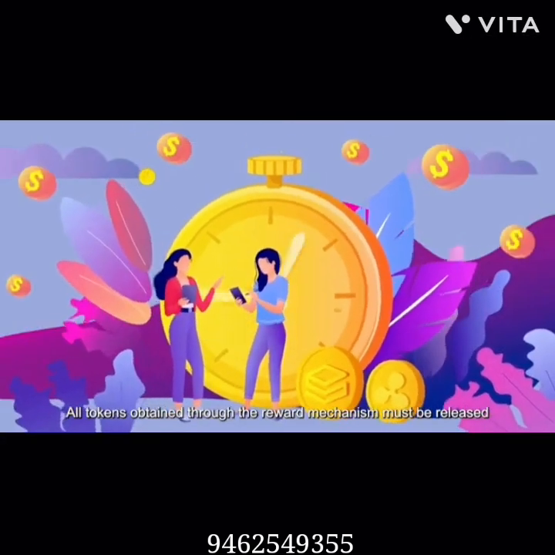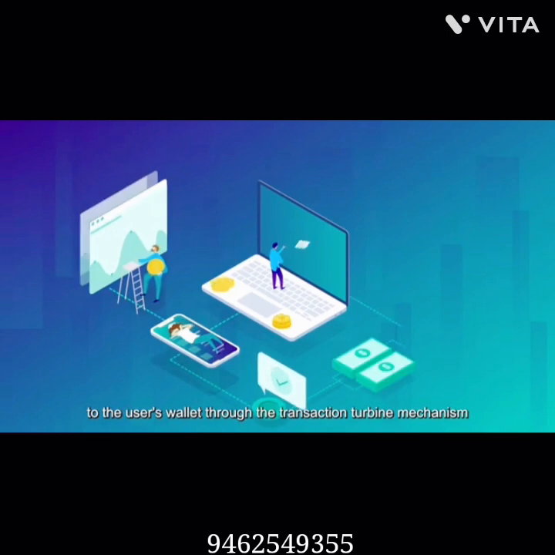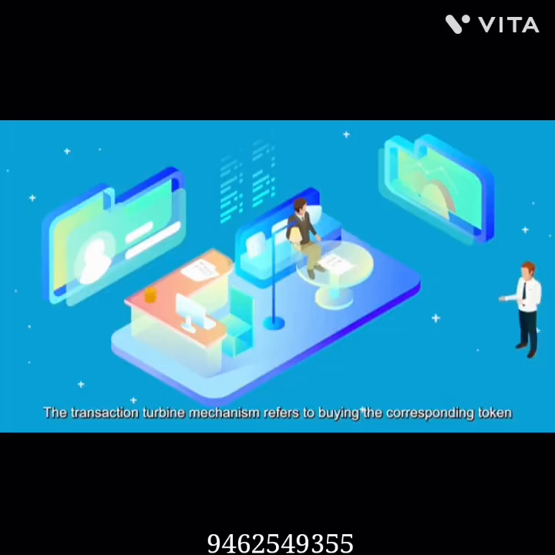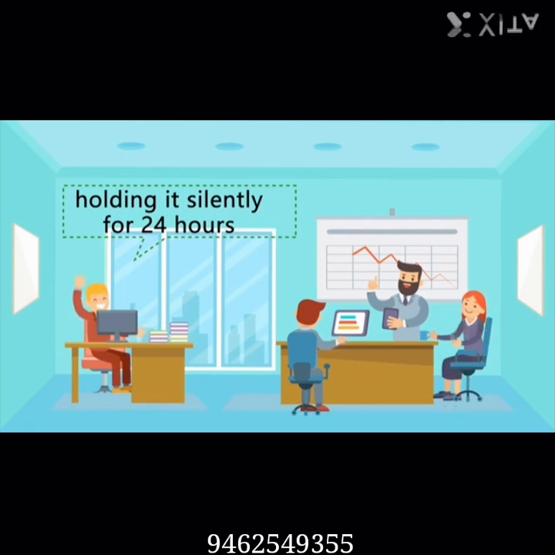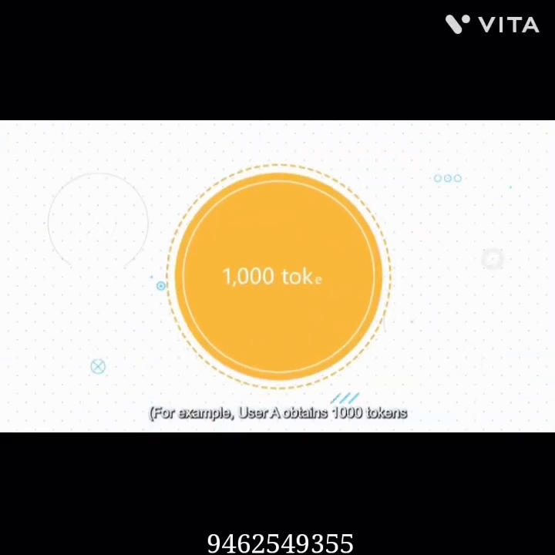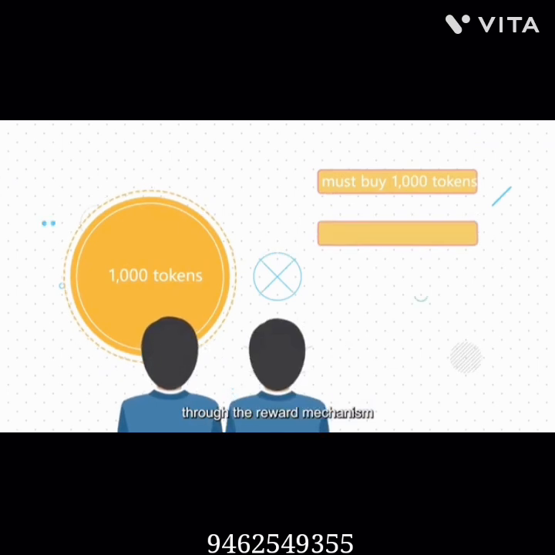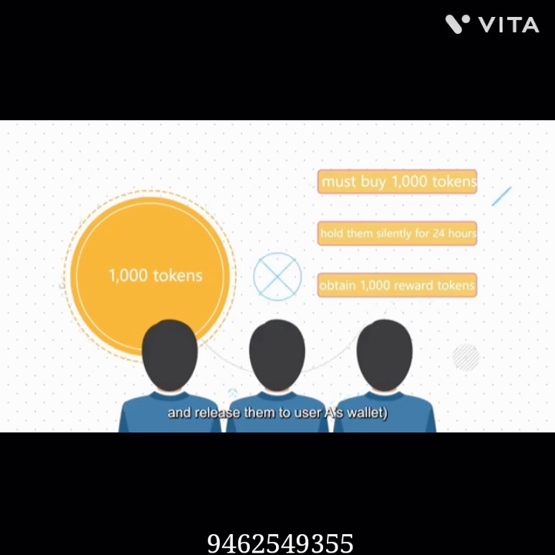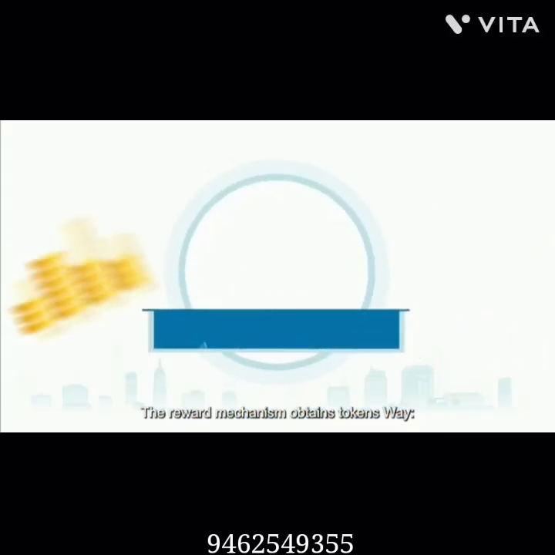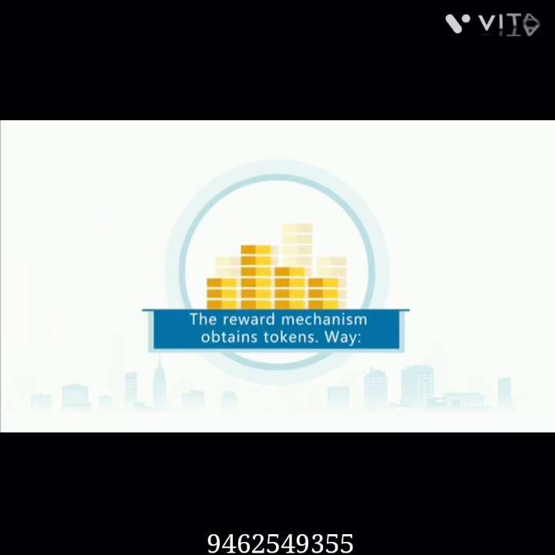Transaction turbine mechanism. All tokens obtained through the reward mechanism must be released to the user's wallet through the transaction turbine mechanism. The transaction turbine mechanism refers to buying the corresponding token at a ratio of 1:1 and holding it silently for 24 hours to obtain the reward mechanism token release. For example, user A obtains 1,000 tokens through the reward mechanism. A must buy 1,000 tokens and hold them silently for 24 hours to obtain 1,000 reward tokens and release them to user A's wallet. The reward mechanism obtains tokens. Way